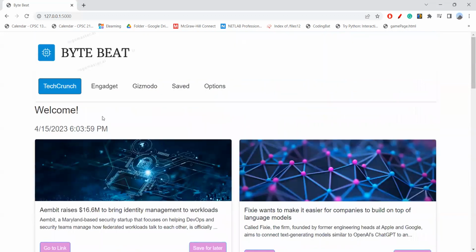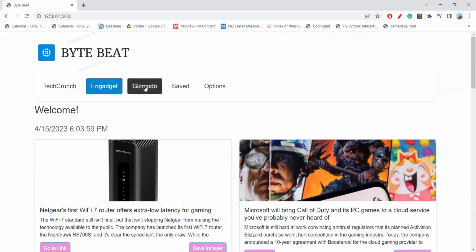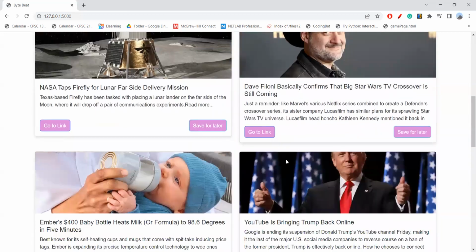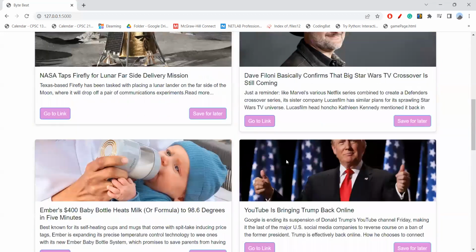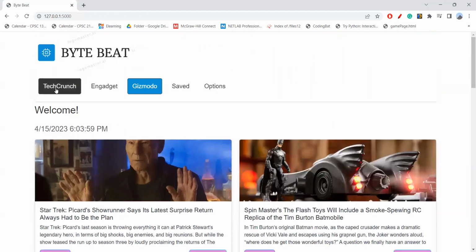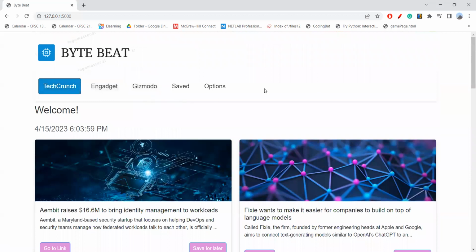So we can go to each site that we have implemented right now, TechCrunch, Engadget, and Gizmodo, and each site will pull their own top articles and display them in a loop like this. Basically, pretty simple. Okay, so now I'm going to pass it on to Scott, who will be talking about the